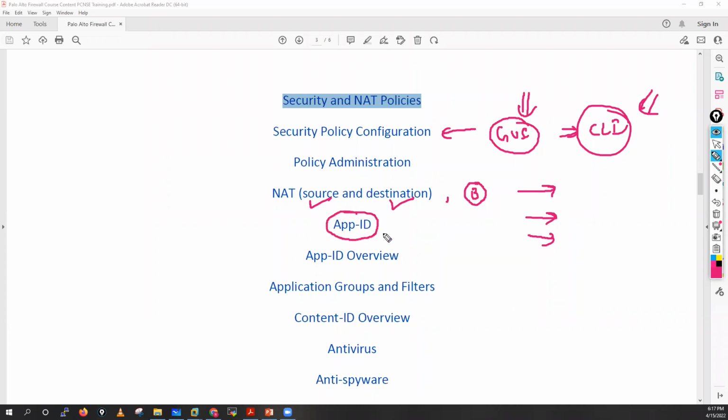How does the Palo Alto Firewall do application identification? How will it process, and what is the App-ID operation? All these things we will see in detail. What is the concept of application groups and application filters? We will see all these things in detail with the lab, where I will show you how we can allow